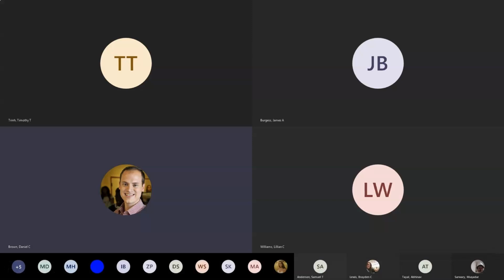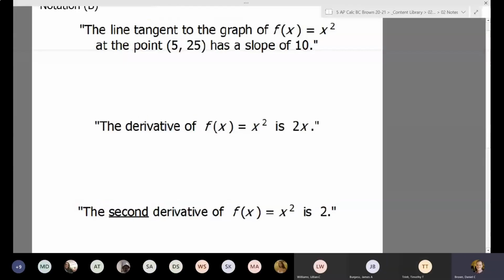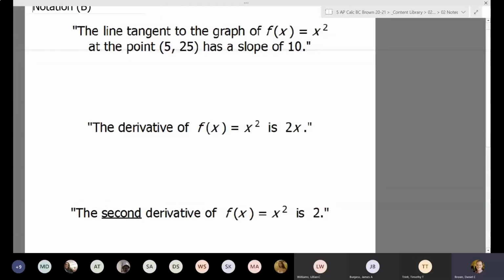The slope of the tangent line. So this first statement I have here says the line tangent to the graph of f of x squared at the point (5, 2) has a slope of 10. We know the derivative is literally the slope of the tangent line. So all of those words we can simplify and just state that f prime of 5, that's the x coordinate,